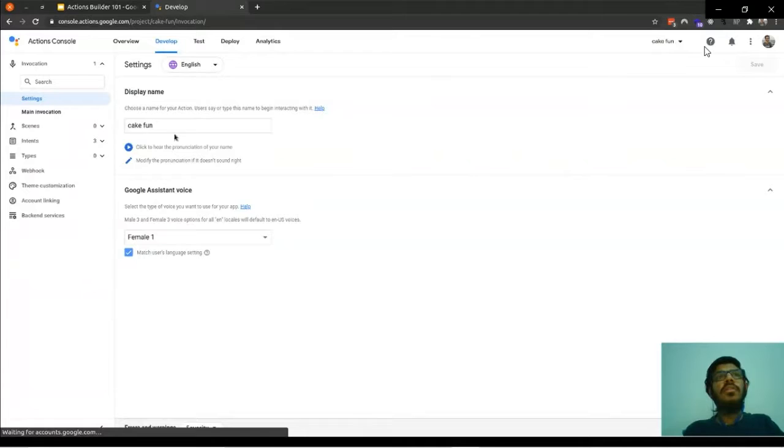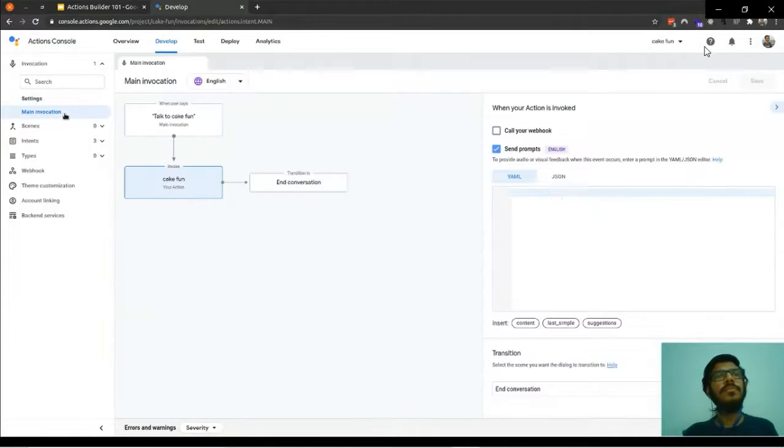So once the display name is set, we'll click on main invocation. This is the main flow of our conversation. When the user says talk to Cake Fun, this is the main invocation for the application. Cake Fun is my application's name.